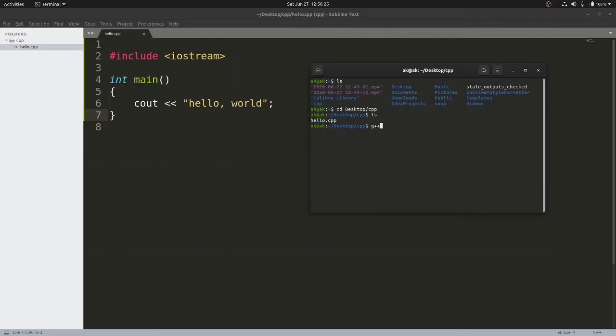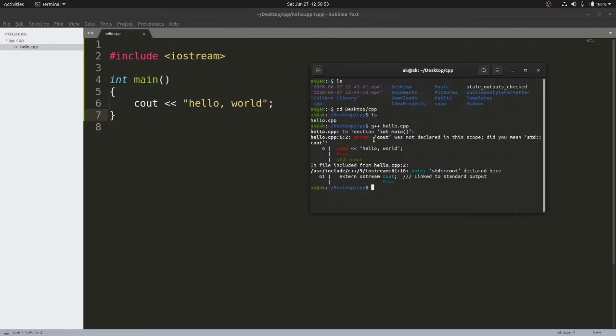Now we will write here g++. g++ is the name of the C++ compiler. There are various compilers for C++, and one of the most popular is g++. After writing this we put a space and then type the file name hello.cpp. By this extension our C++ compiler understands that you are feeding a C++ program to the compiler. The moment you hit enter, it gives some error message.